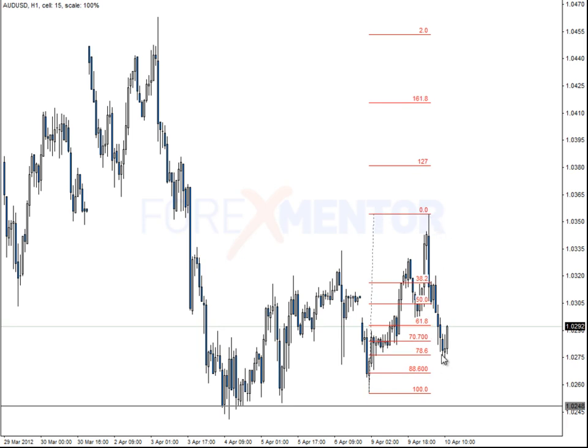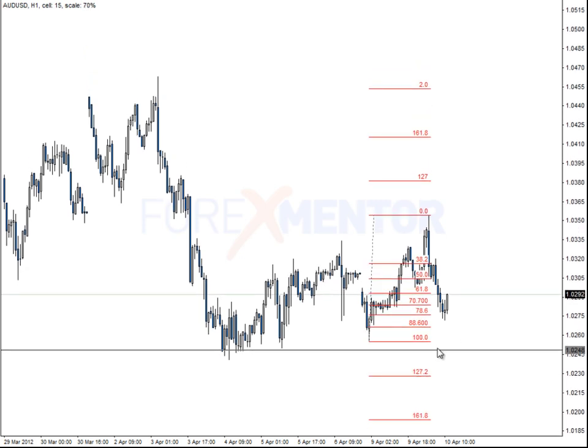Retrace all the way down to just past that 79% Fibonacci level. So we want to start thinking about the possibilities of a butterfly pattern. Remember, the 79 level is an indication that we want to possibly look, if we run the lows, for a possible butterfly pattern. So we just pull it down. So there's the 127 extension,